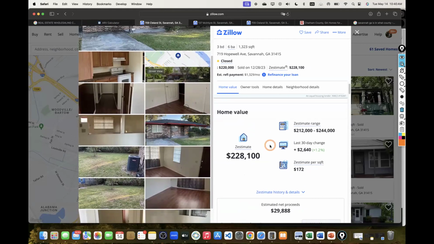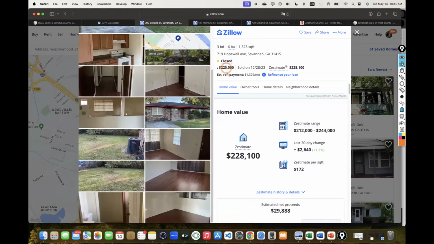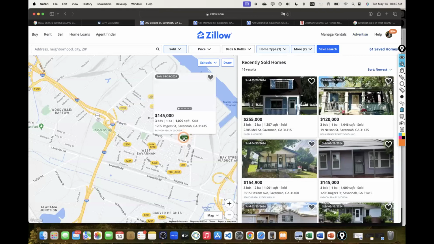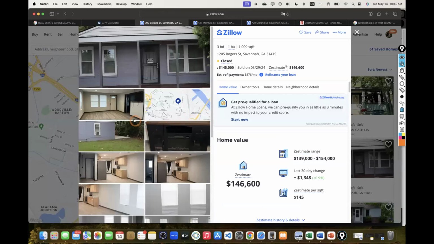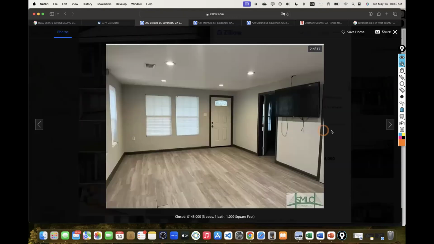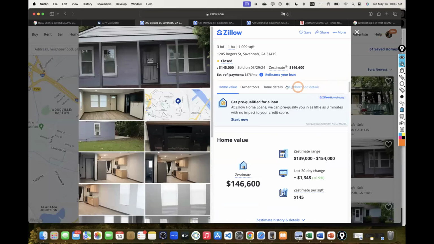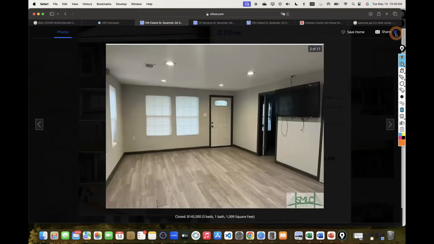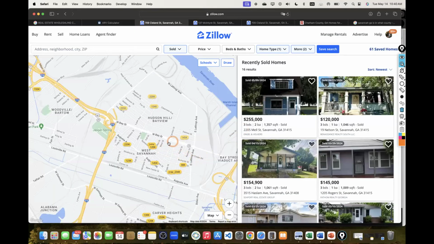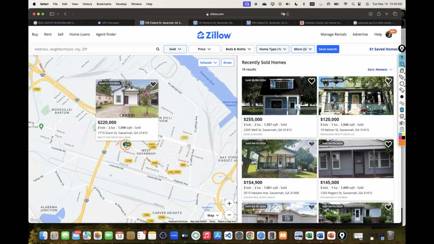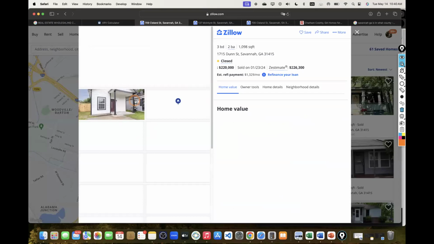Okay, better condition, 6 bathrooms. I don't know if that's right at all whatsoever. This sold in March for 140. What's the square footage? 1,000 square feet. It is pushing it. I gotta stick to 1,100, so I can't use that one. And again, most of the comps are coming from this neighborhood, which again, I'm not really liking.